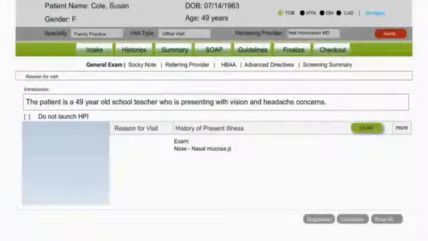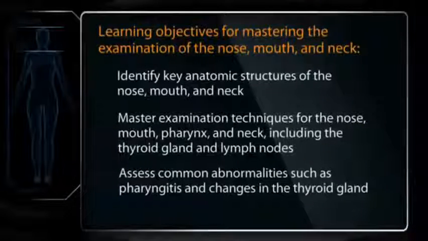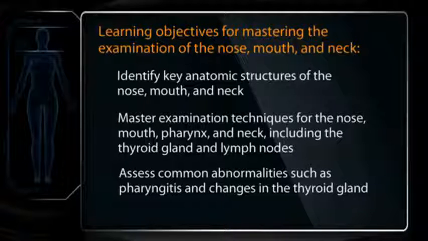Remember that a clear, well-organized clinical record, employing language that is neutral, professional, and succinct, is one of the most important adjuncts to patient care. Nose, nasal mucosa is pink, septum midline, no sinus tenderness. Mouth, oral mucosa is pink, no caries, dentition is good. Posterior pharynx without exudate. After practice and further review of this video, make sure you have mastered the important learning